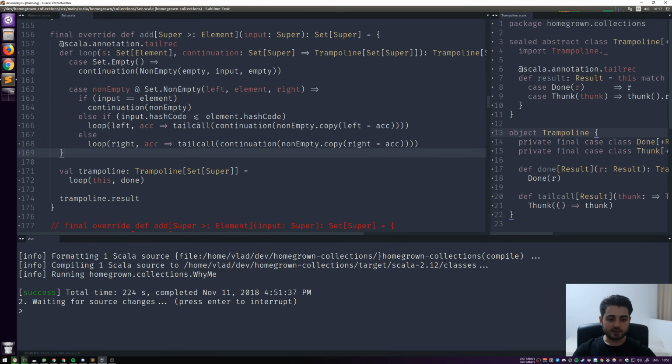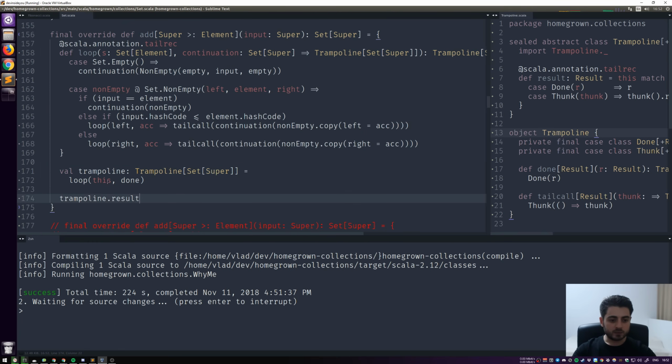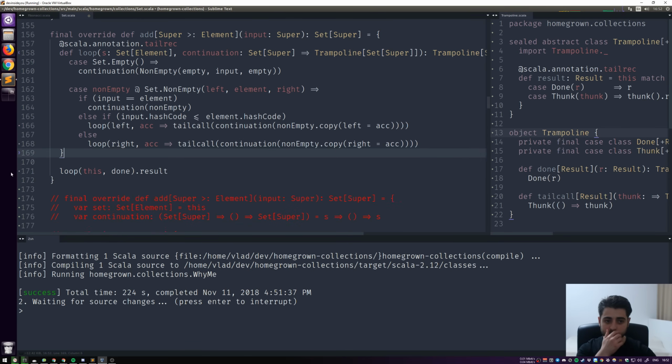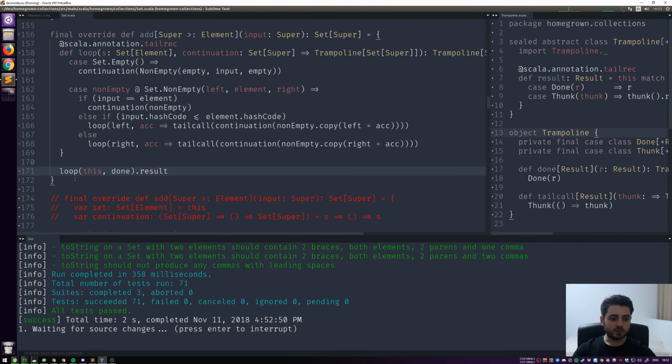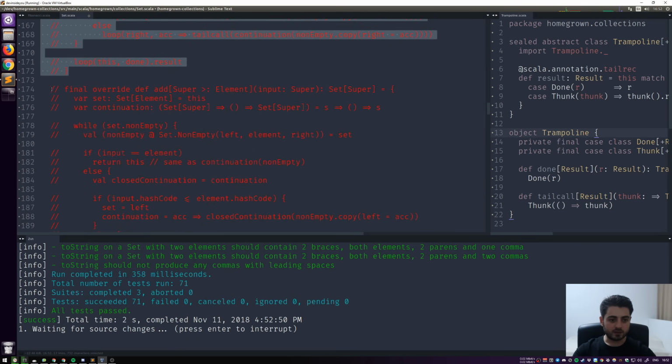So what I've forgotten is that we also have the other version, right? The other version. In fact, you know what? Because now this thing is so explicit, let's just inline that so we can have this, right? We don't have to be so explicit. Okay. So like this. Let's go back to running the tests. All right. So I just want to keep the while version also up to date. So let's go to the while version,